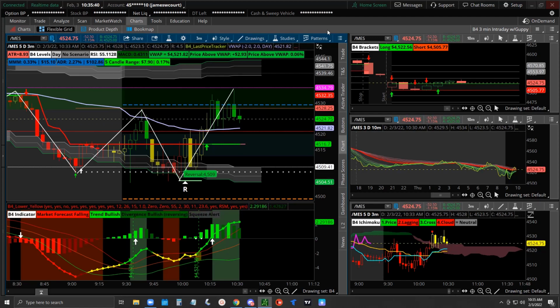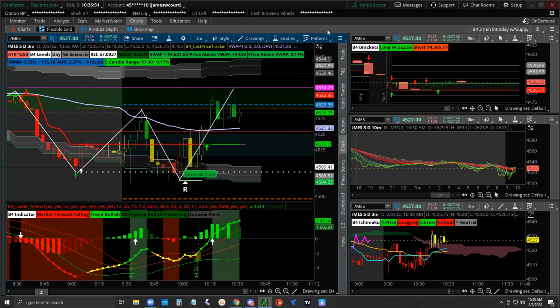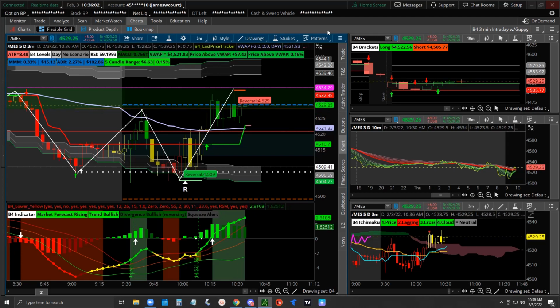Bulls are trying to put in an always in long, but we have not gone above the 20 EMA. Yes, these bars are nice, but it's not really an always in long situation set up yet. Without closing a strong bull body above the 20 EMA, you're basically not yet always in long. But the low of yesterday is still the target.